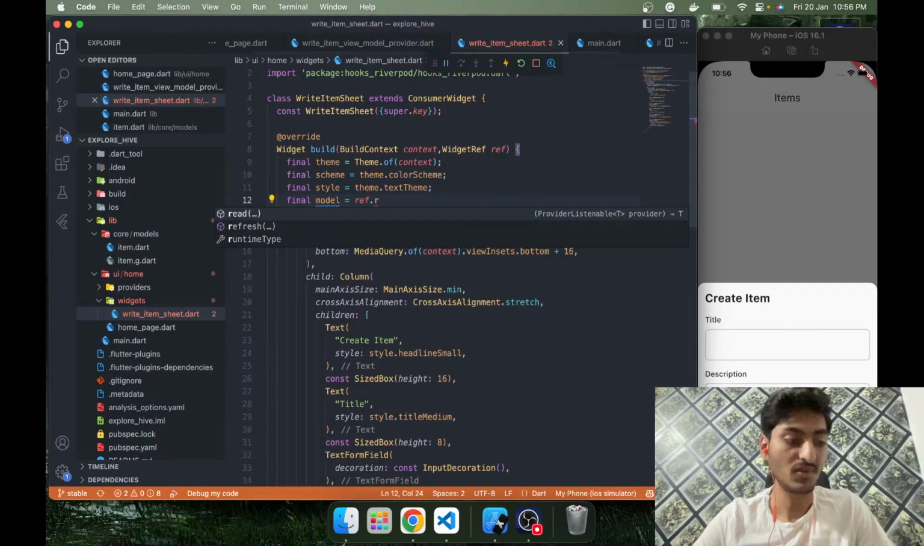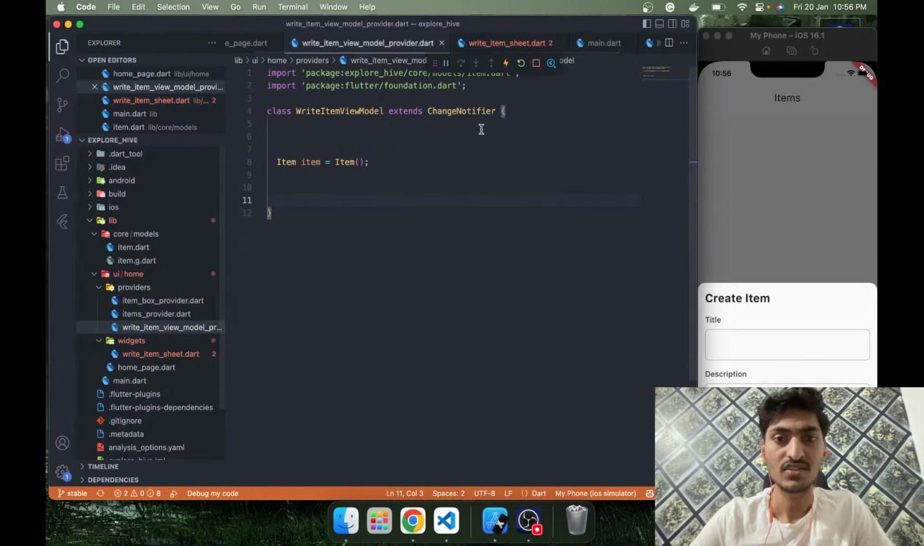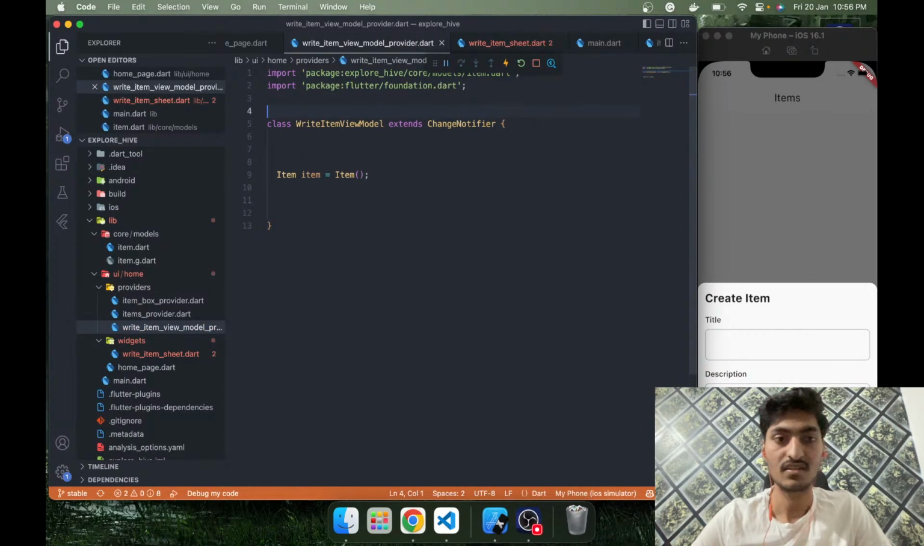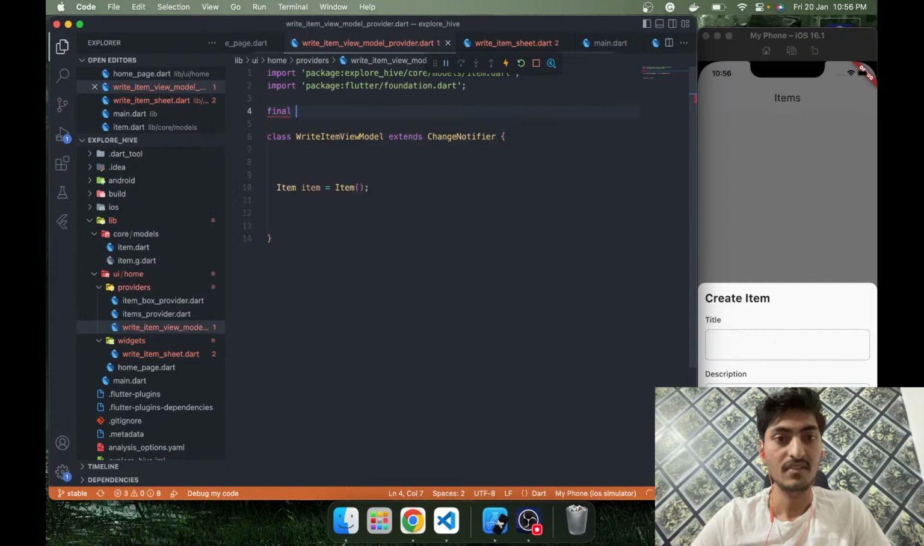We don't need to watch here because there is no loading or anything. Normally you are not calling this notify listener, we will check that. Okay, let me create a provider of it. Final write